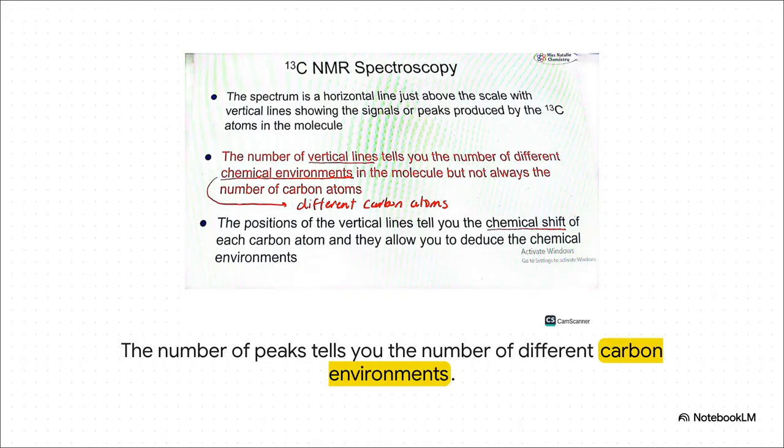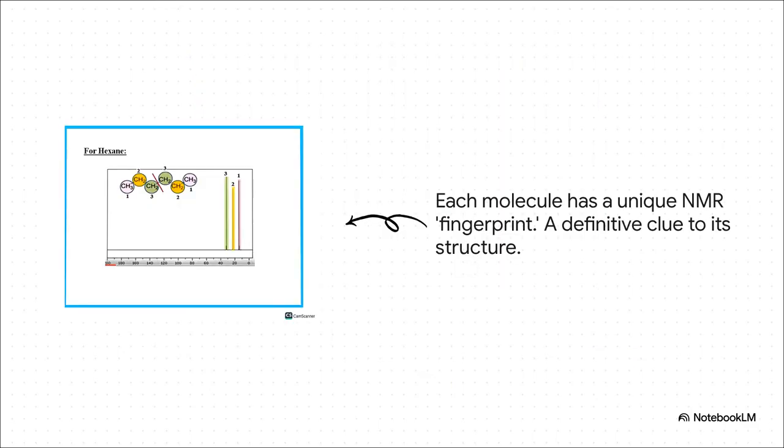So how do you even read this fingerprint? Well, it's actually surprisingly straightforward. The number of distinct peaks, those vertical lines you see, tells you exactly how many different types of carbon atoms are in the molecule. So if you see 3 peaks, that means there are 3 unique carbon environments. Simple as that. The key thing to get here is that every single molecule creates a completely unique pattern. The number of peaks, where they are on the chart, it's all determined by the molecule's exact structure. No 2 different molecules will ever have the same NMR fingerprint, and that's what makes it our final definitive piece